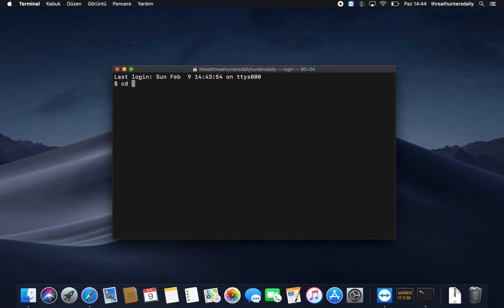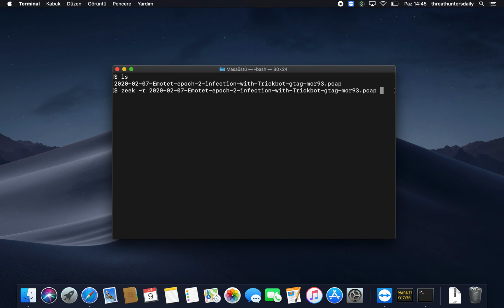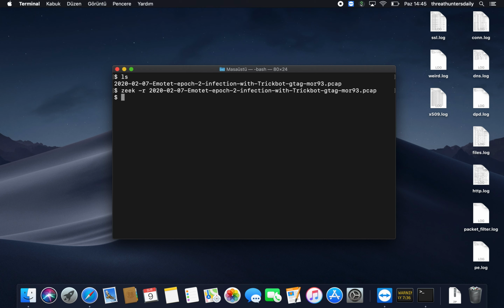Cool. Okay. We have the pcap here. So we will try to parse it into the related protocols by using zeek -r, and this will create